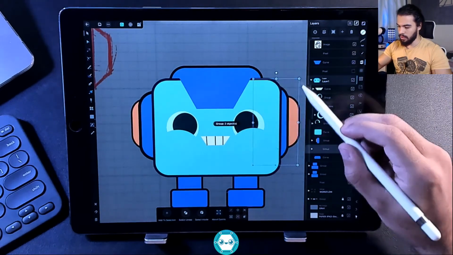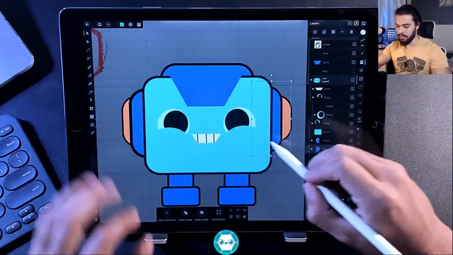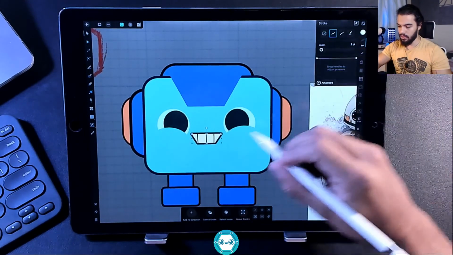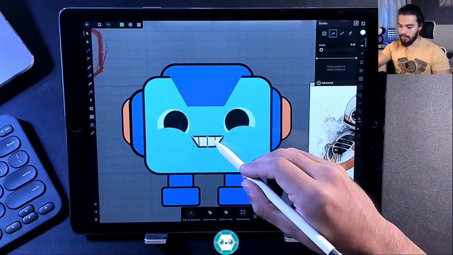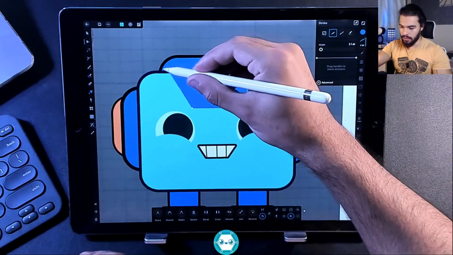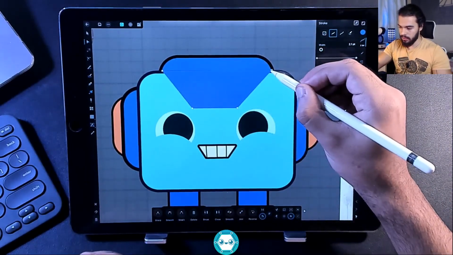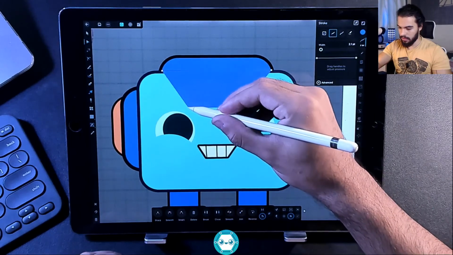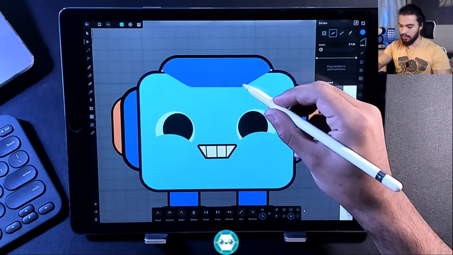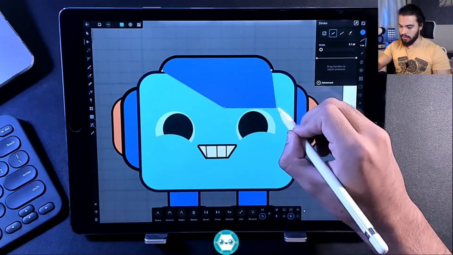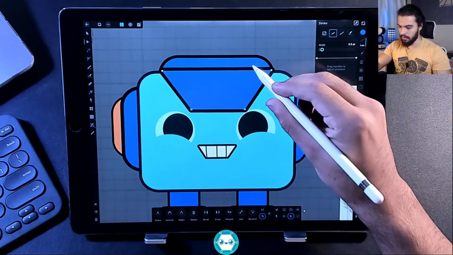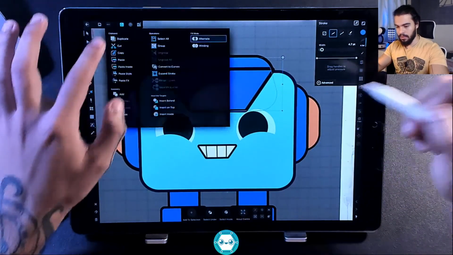This is a very basic tutorial, guys. If you're a beginner, I really recommend you to start with this one. I'm going to apply a stroke for the mouth so you guys can see better. This one here, I can match onto this one. Okay. And you guys can change here, if you want, a robot feeling. Let's apply this same color to here, paste style,